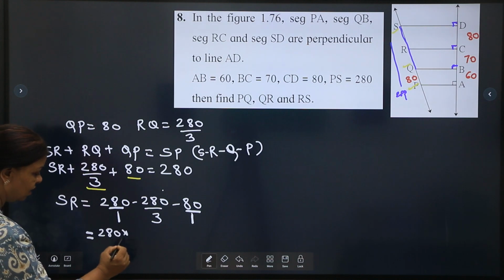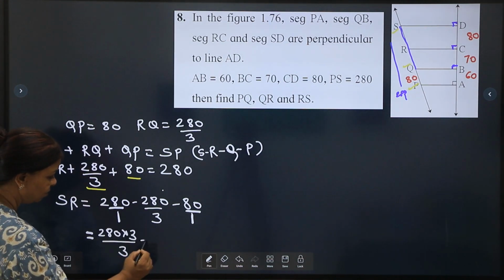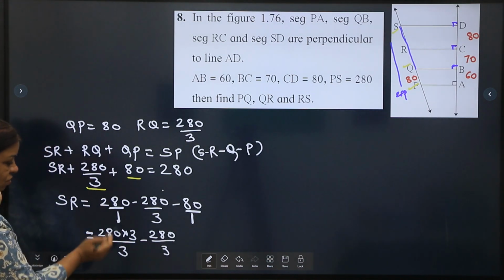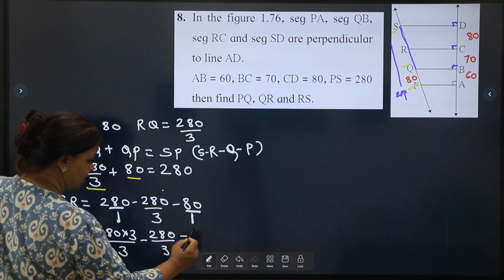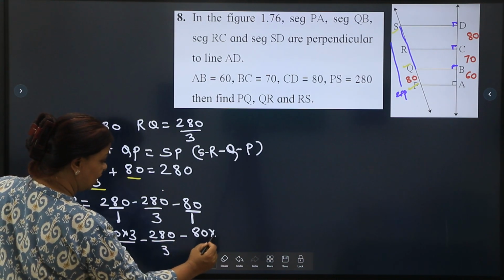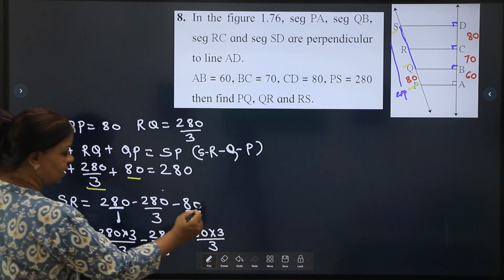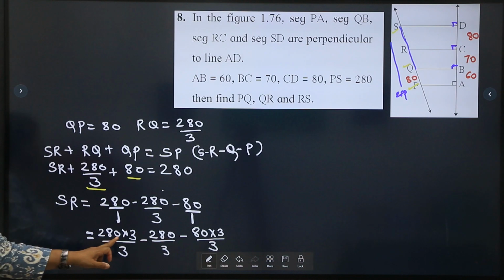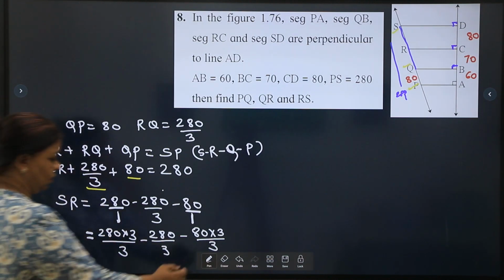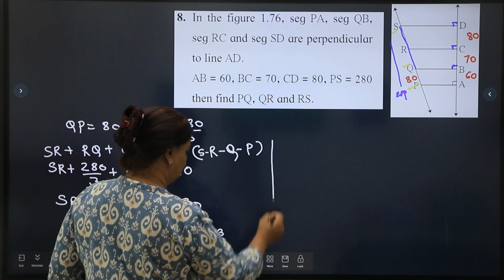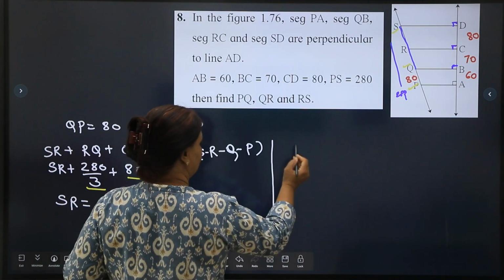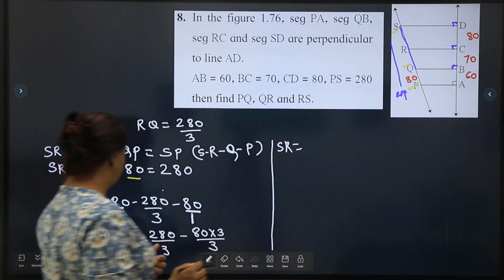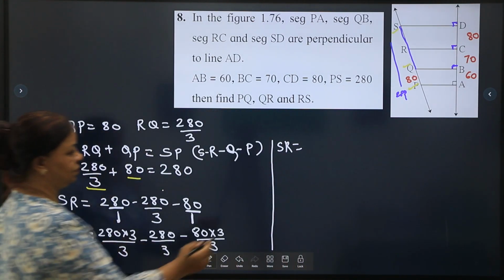280 into 3 upon 3 minus 280 upon 3. See, this does not have 3, so I multiplied it by 3, minus 80 into 3 upon 3, because even this I multiplied by 3, so as to get 3 in the denominator. Now 280 into 3, three zeros are zero. So SR is equal to 300,